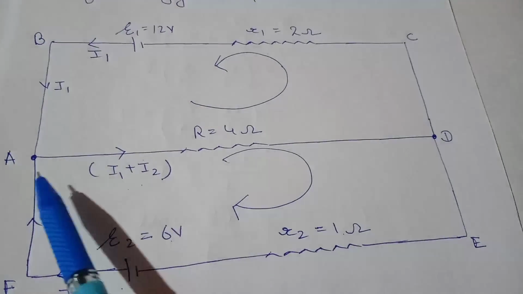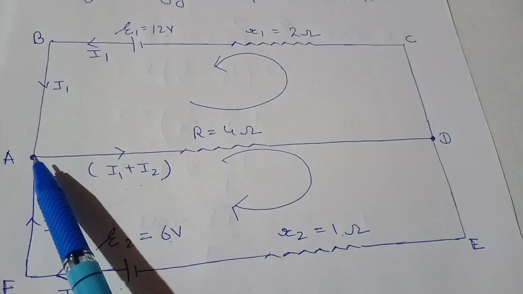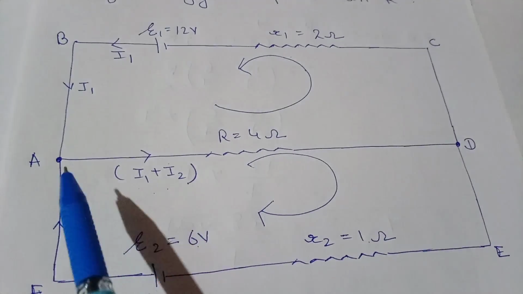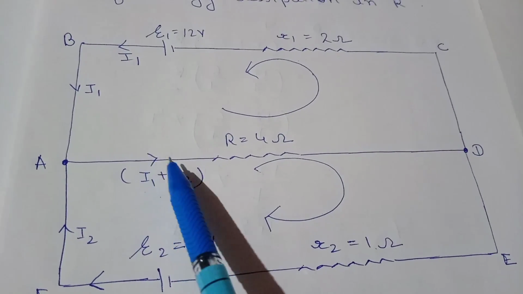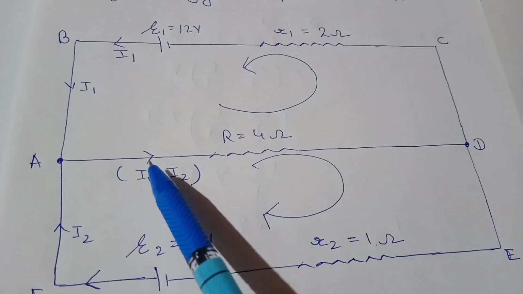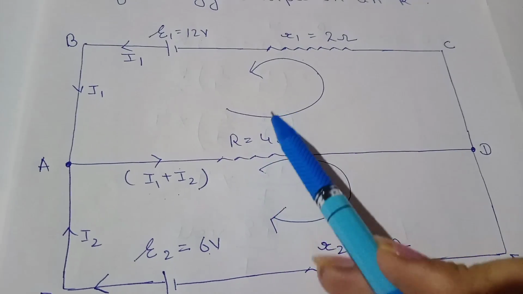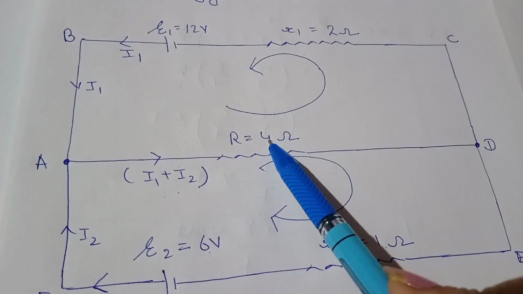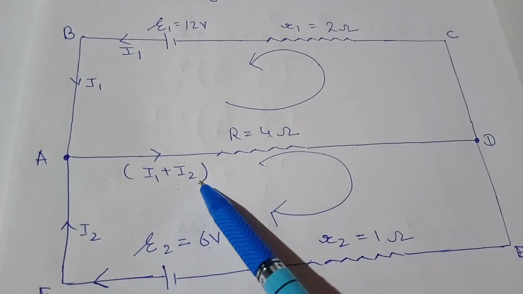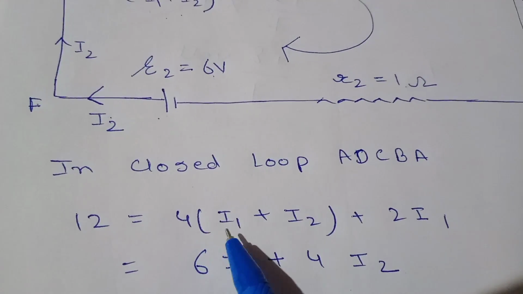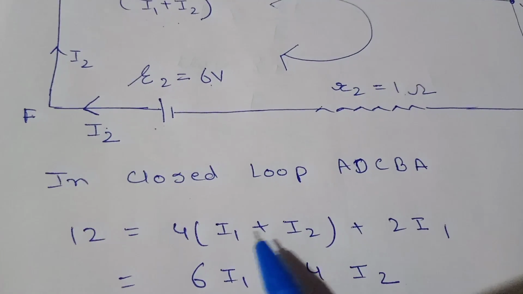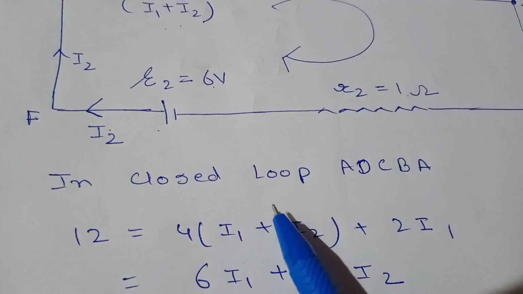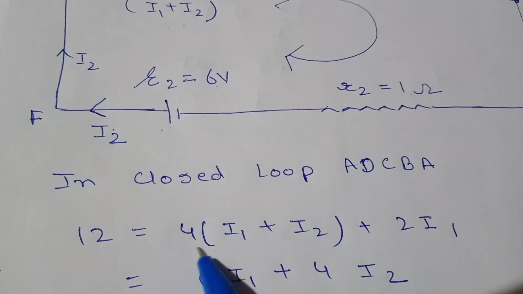Applying the Kirchhoff second law in the closed loop ADCBA. Okay, so I am starting from here. So here our path and the direction of current is same. Okay, so here our potential drop is positive, so we get 4 multiply I1 plus I2. Okay, so we write 4 मल्टीप्लाई I1 प्लस I2. हमें पता है पोटेंशियल ड्रॉप का फॉर्मूला क्या होता है, अक्रॉस द रेजिस्टेंस IR. सो दिस इज अवर I एंड दिस इज R.